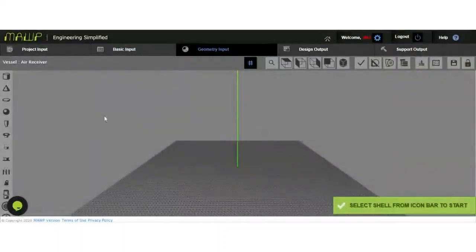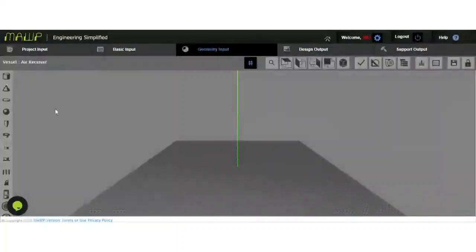This is the dashboard of the software for the 3D model. On the left hand side, you can see all the components where you have to create the 3D model, for example, shell, dish end, conical ends. You'll find all of them on the left hand side. And on the top right hand side, you'll find the views, the quick validation part, the saving of the model, and creating the 2D drawing from the 3D model.